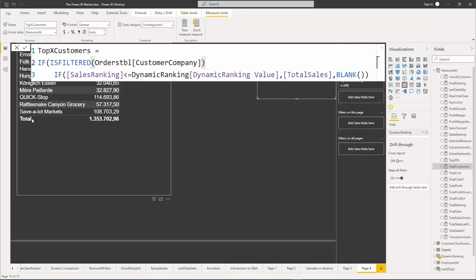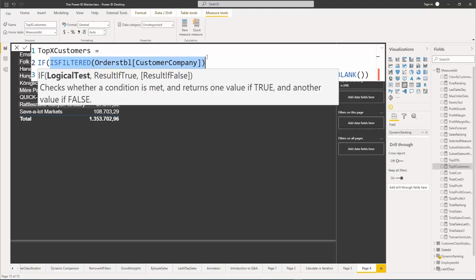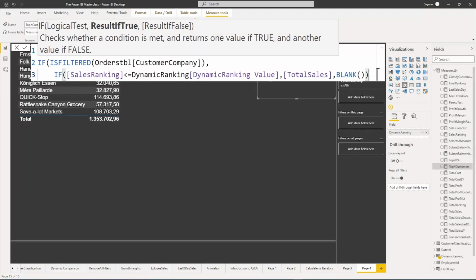The total represents all customer companies. And that is why this whole expression would evaluate to false. The same is true for has one value or is in scope. This will also return false for the total row. And because that's the case, we can easily say, if this is true, then please do exactly the shrinking